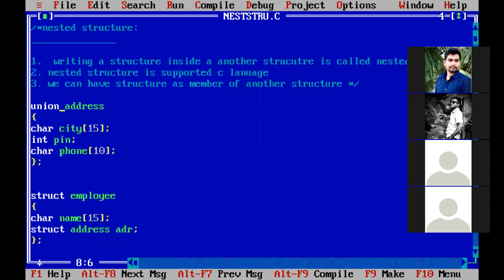The major difference is in the form of memory allocation. Earlier I wrote struct here. If I ask what is the memory occupied by the address structure, then the memory allocated for the address structure is the sum of